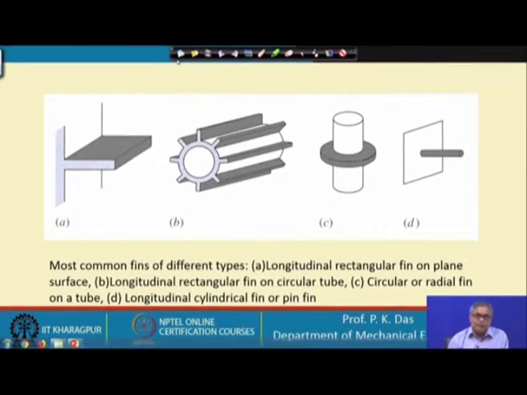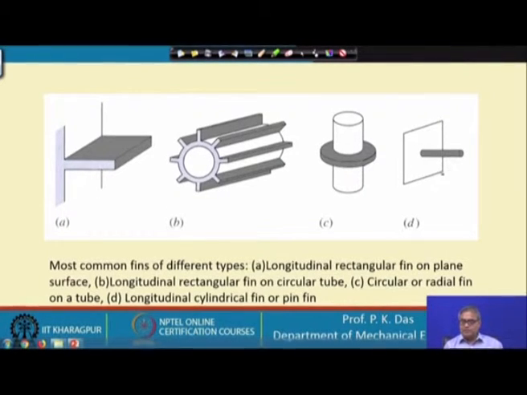So, this is one of the designs, but in industry there are many designs where the heat transfer surface is curved. Let us say the fluid is flowing through a tube, and the fluid is to be cooled or heated by providing some sort of gas flow over the outside of the tube. Here we can provide this kind of fins on the tube. These are called longitudinal fins on the tube. Similarly, for a tube we can provide this kind of radial fin.